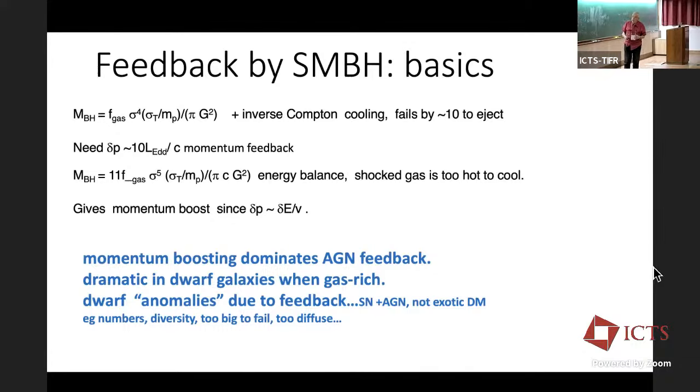But the main thing at the end of the day is that there is a connection, whichever limit you take, between the black hole mass and the random motions that define the potential well. These will be motions of stars, and that's the symbol sigma. And in these two limiting cases, you predict there's a scaling between the black hole mass and the random motions that define the potential well, defined by the stars, either sigma to the fourth or sigma to the fifth.